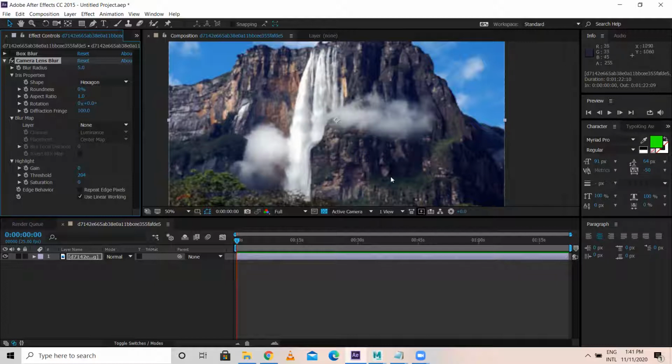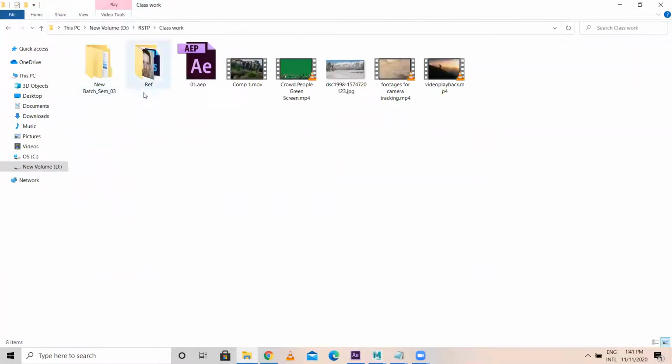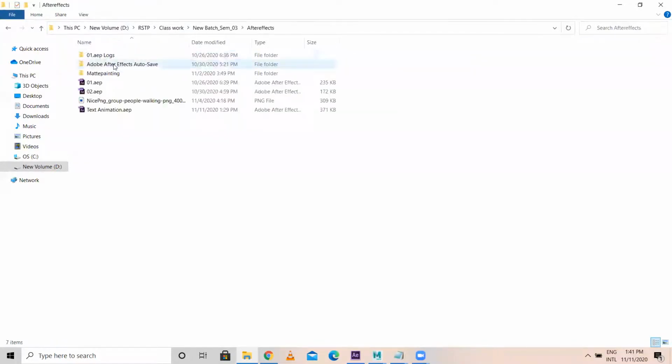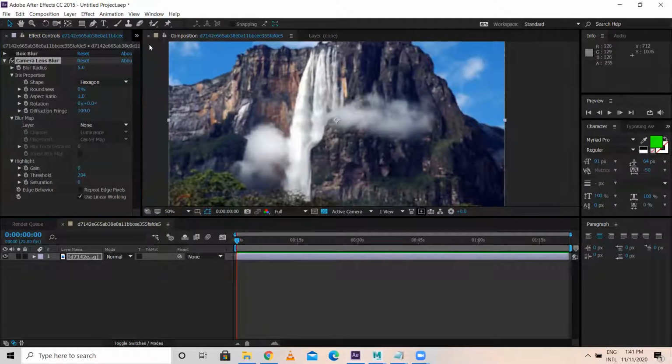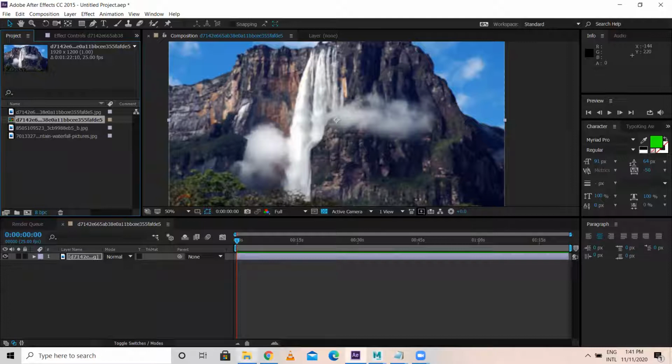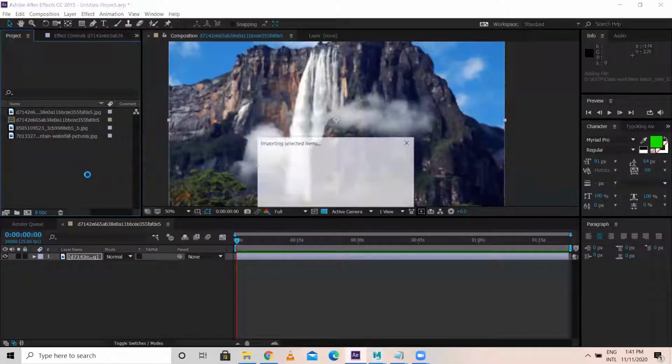If I use one more element over here, let's say a PNG image, see, I'm importing this.